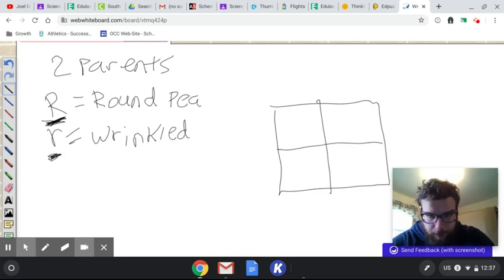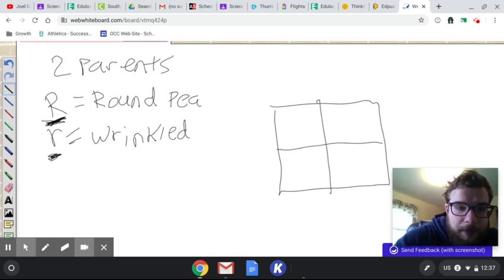Okay. Now get used to this shape. You're going to be seeing a ton of these. The first thing you want to do is figure out what characteristics your parents have. Okay. So one parent here is big R, little r. So I'm going to call them P1